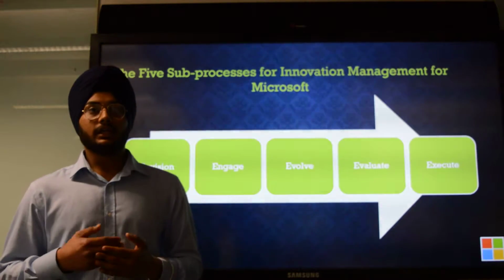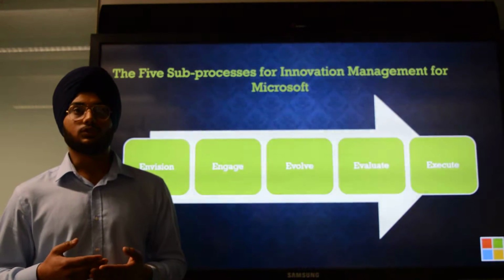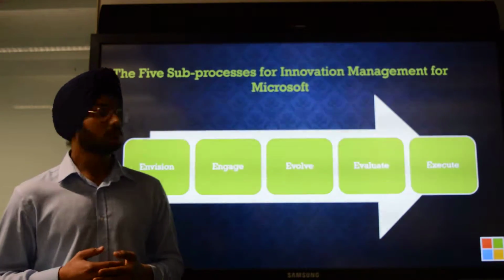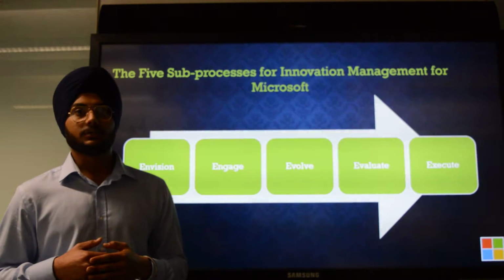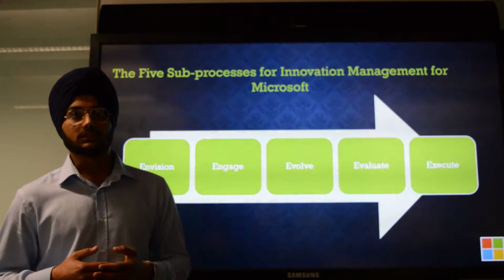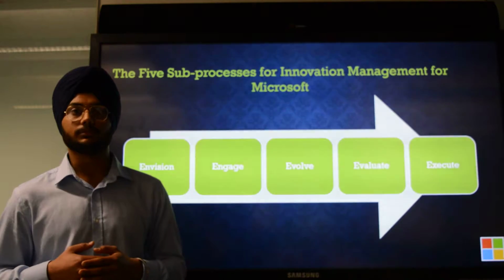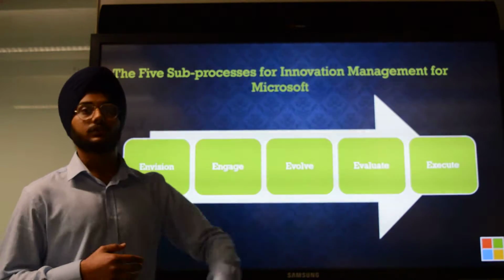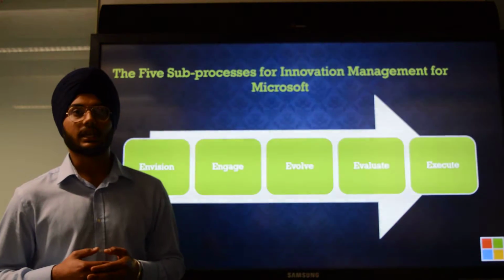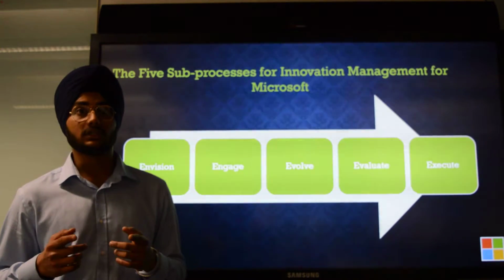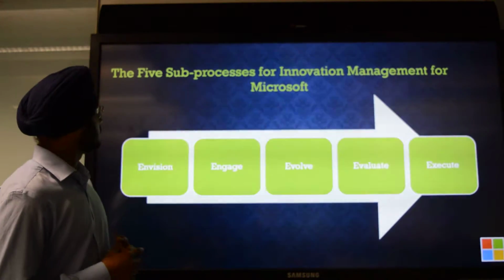Evolve. In this process, companies evolve ideas as individuals or as teams to increase their quality and value. Evaluate. Ideas may iterate through multiple steps between the evolve and evaluate sub-processes until the ideas are mature enough to become a portfolio of potential products. Last one, execute. This sub-process takes the input from the previous processes and executes a formal project to further develop the ideas or commercialize them. Now,